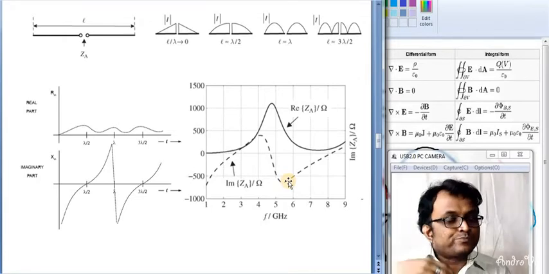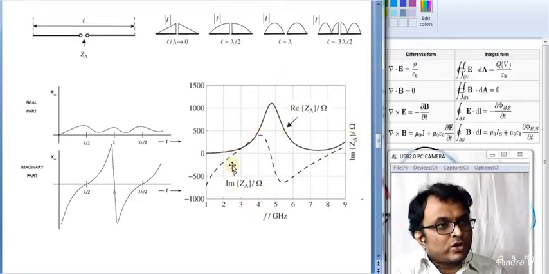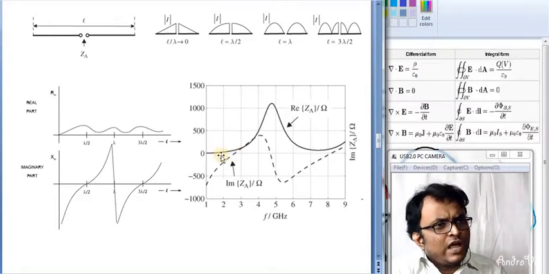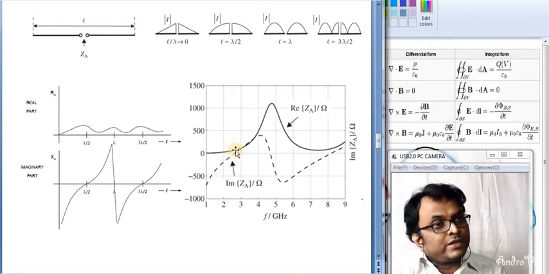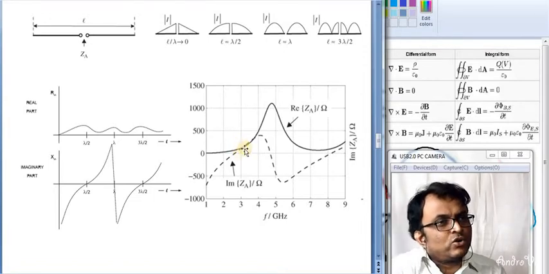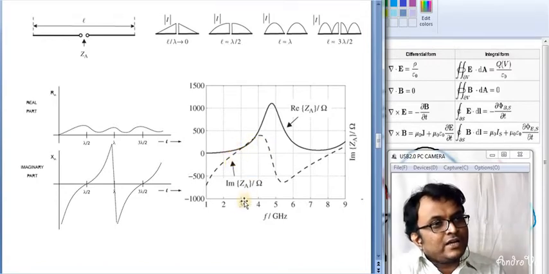And this is a practical impedance pattern for the 4G mobile communication you are familiar with today, that is 2.4 to 2.8 gigahertz. So how the frequency varies for these lambda by 2 antennas, and how the impedance varies. For 2.4 gigahertz, the value of the imaginary part is almost 0, and the radiation impedance is almost equal to 73, or if we adjust the length of the antenna, 68 ohms, like that. So this is a practically usable antenna for our practical frequency.